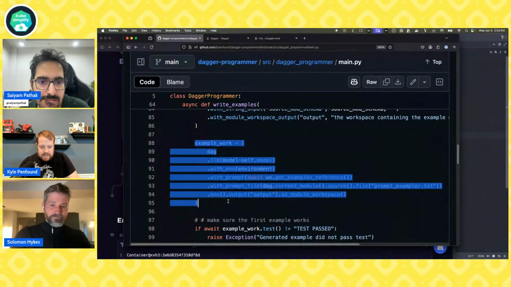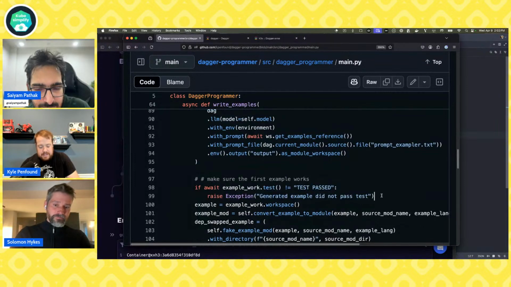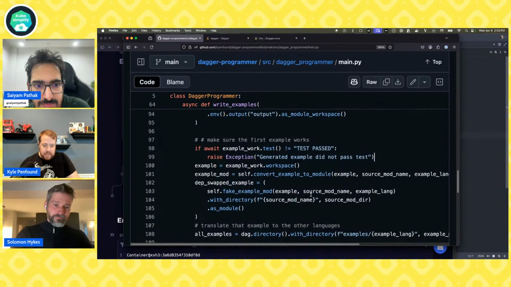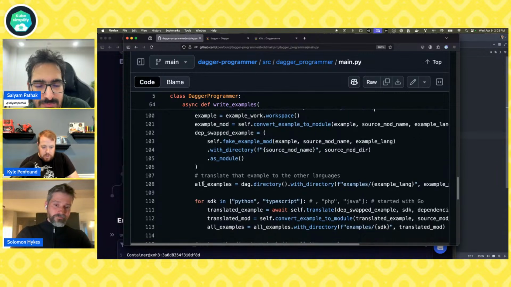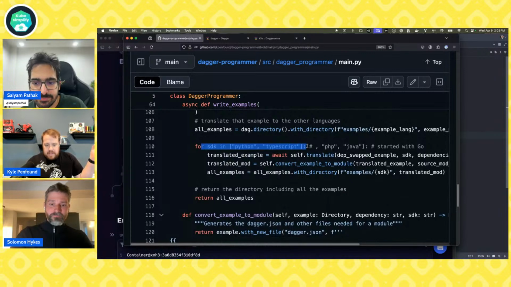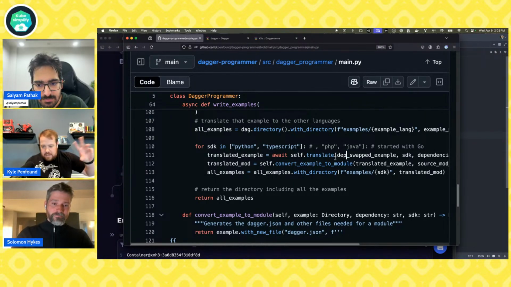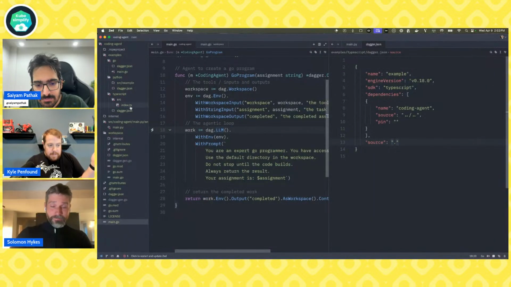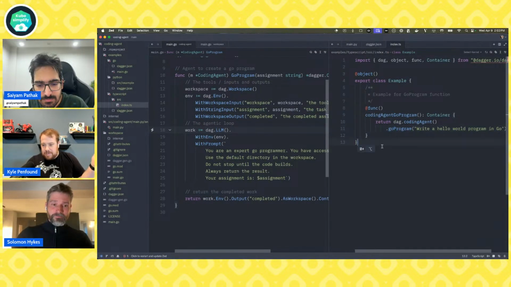And once it generates that example, and again we manually validate that that example's good, then we can actually go through and say, okay, we have a directory with this first example. Let's loop through these other two languages, and we're just doing this in Python code. We're just saying in each of these different languages, call this other function, which itself was an agent. So now we had 3 different agents basically to create those 3 examples. And it worked, which is pretty amazing, especially with how much we tripped on creating a curl clone earlier, which never happens.